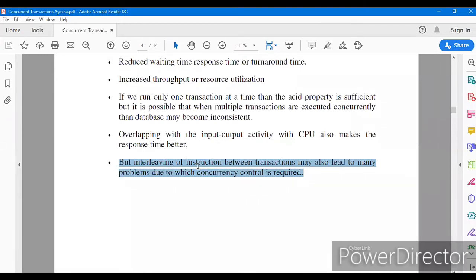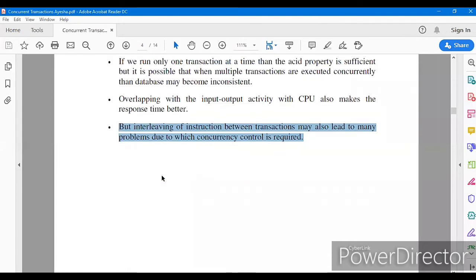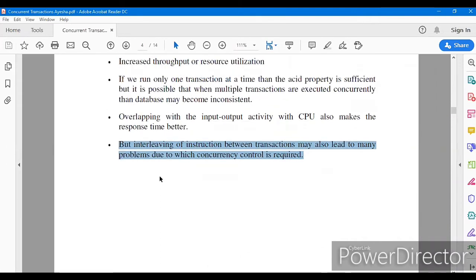And I said in the earlier lectures that distributed systems are the major example of internet and mobile applications. This is the technology at the back end. But the drawbacks are also there. It leads to a lot of issues, and hence concurrency control becomes a major part.